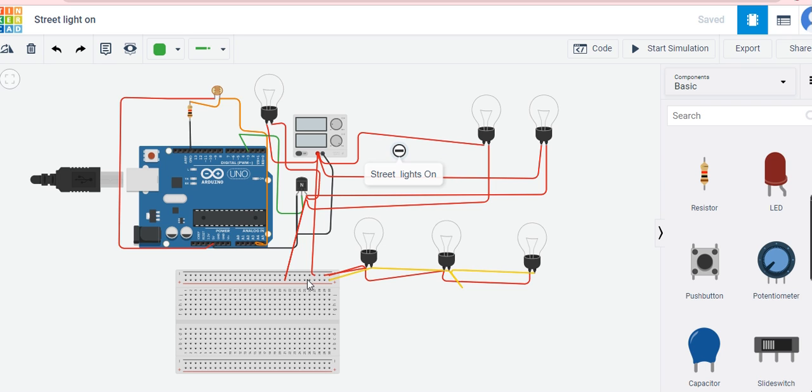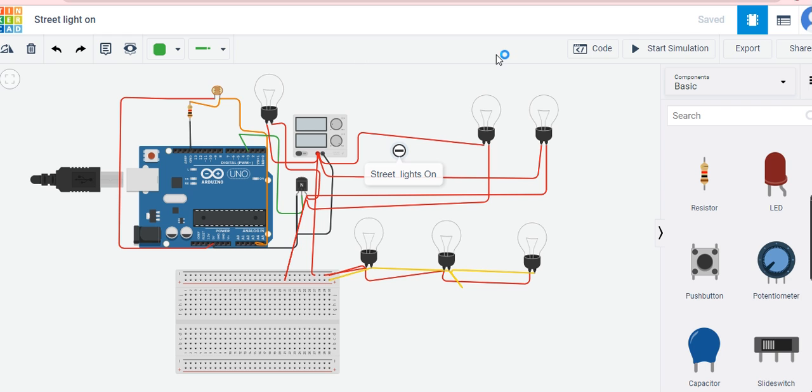That means we are controlling this by this switch. The switch will become on by this green wire, which is connected to pin 3, so it acts like a switch. Depending on how we make this on and off, the lights will be controlled.